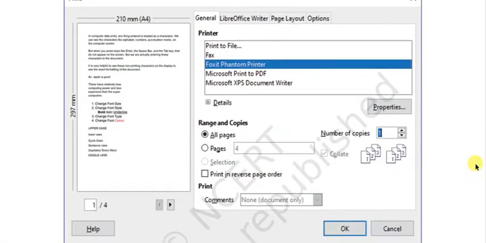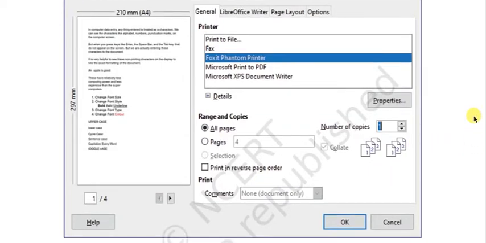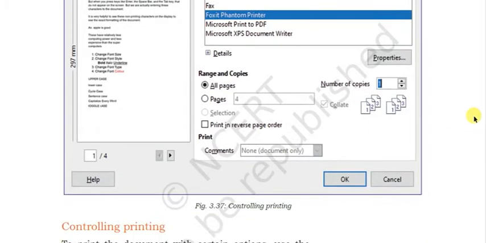Then here in the print dialog box, you can see the overview here, print preview, and here you have the options to select the printer. You can select all pages, a fixed number of pages, number of copies. Okay, so these things you can control with this print dialog box, and then you can click OK.